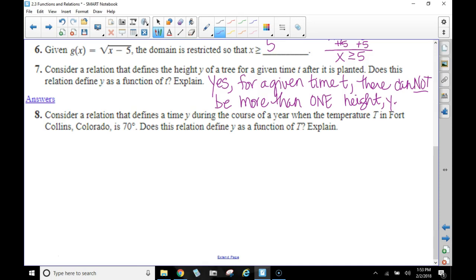Sure. There's more than one time of the year when the temperature is 70 degrees. It might happen on May 1st, and then it might happen again on May 15th, and so on and so forth. So this is no, because there are numerous times in the year